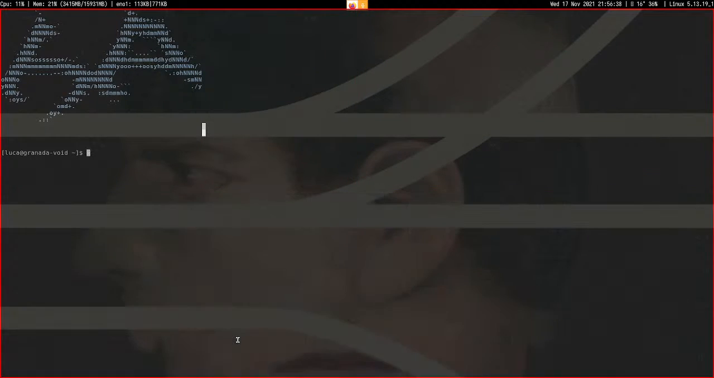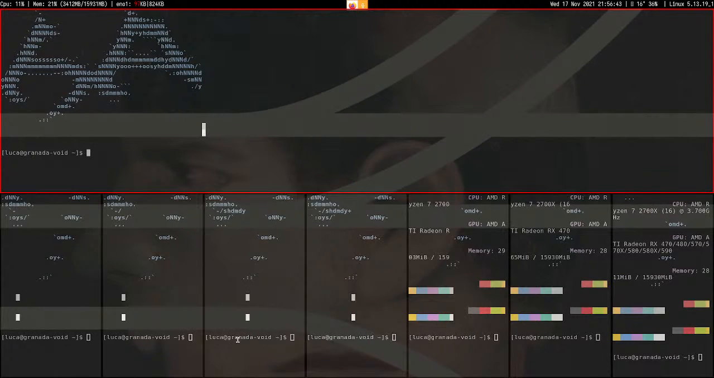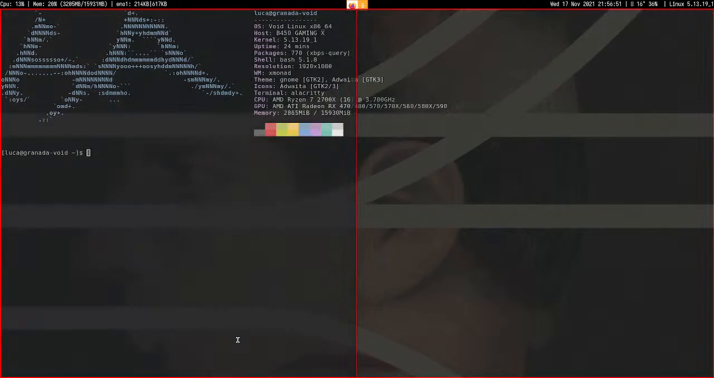I have different layouts. I like either this one, which is called Master Slaves, or this one, which is like a Fibonacci, a golden ratio spiral. What do you use this for though? So my main setup, for when I'm doing schoolwork, is